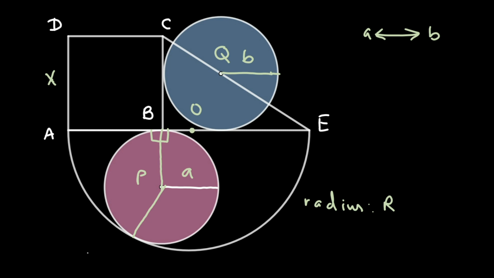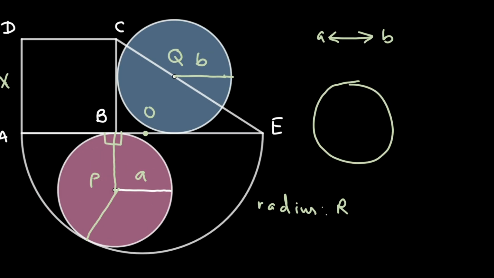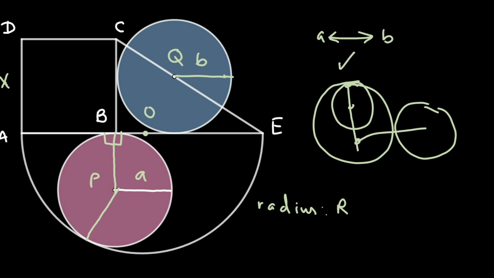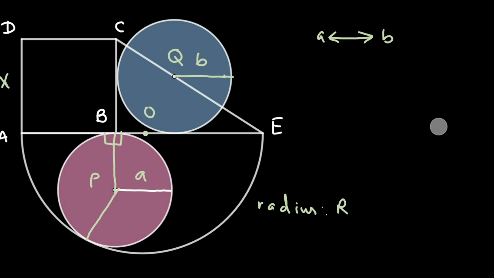Okay, now we will utilize the fact that the circle is tangent to the semicircle. So remember the theorem, if there are two circles that are tangent to each other either externally or internally, the center of the smaller circle, the center of the bigger circle and the tangent point would be in a straight line. In both the cases, all these three points always remain collinear. So the same thing can be utilized over here, because a circle is tangent to a semicircle. This is the center of the semicircle, this is the center of the circle and this is the tangent point. Hence if I draw a line, it would be a straight line.